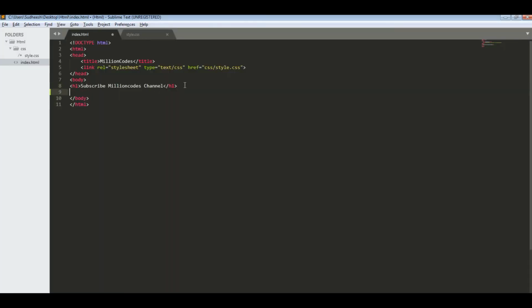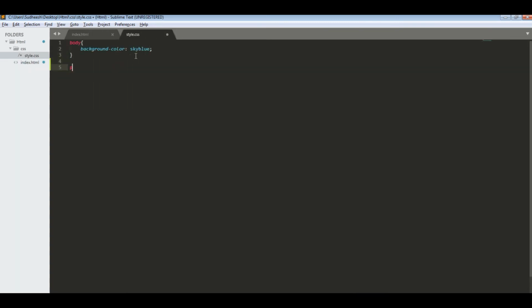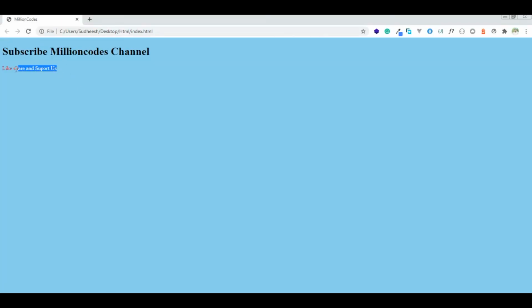I am going to add one paragraph tag here, and I am typing like, share and support us. I am going to save these changes, and in the CSS area I am going to change the paragraph tag color to red. So I have changes in the HTML and the CSS files. So let's see what changes have come here. Okay, like, share and support us is in red color now.